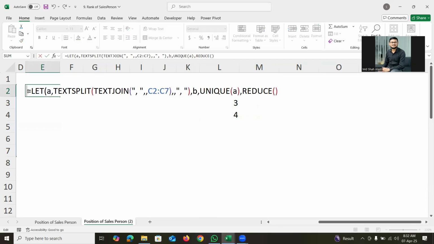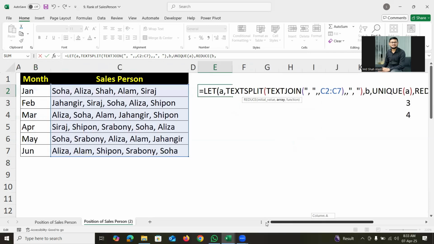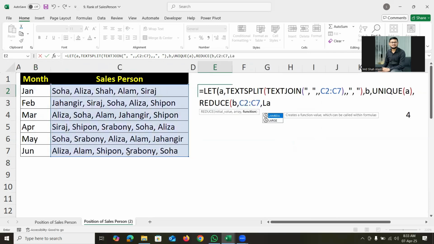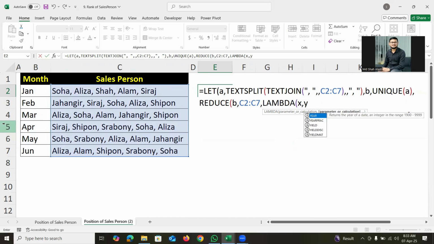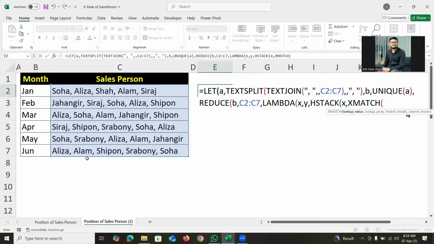Now I will complete my calculation. The initial value will be B, which is actually the unique salesperson names, and array will be my salesperson range, comma, I'll write LAMBDA. The first name will be X for my unique salesperson name, comma, and the second name will be Y for my salesperson range. And the calculation will be HSTACK, and we know the HSTACK function adds columns side by side. So the first array will be X, comma, and now I will use the XMATCH function because the XMATCH function finds the position of each value. XMATCH lookup value will be B,